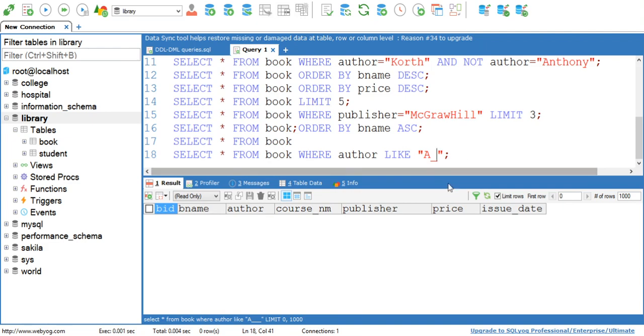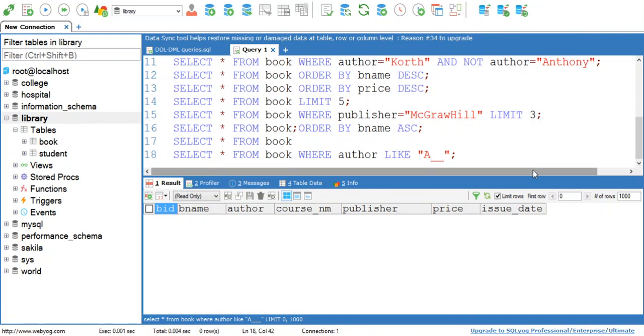If you give a single underscore, it means an author name starting with A containing 2 characters only. If you give 2 underscores, it means an author name starting with A containing 3 characters only. 2 underscores to match 2 characters and 1 character is A.